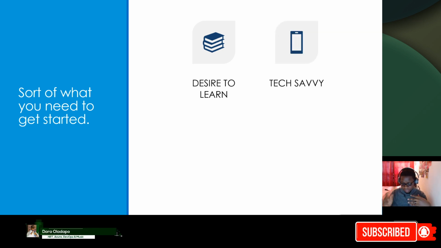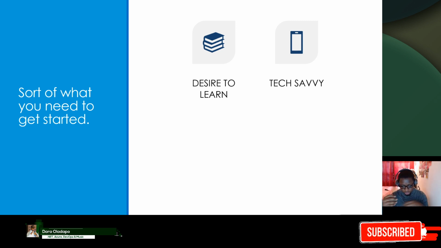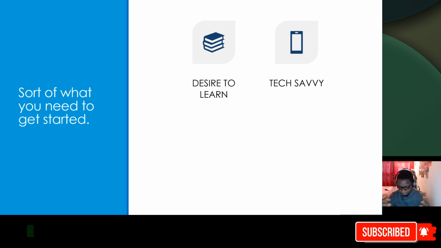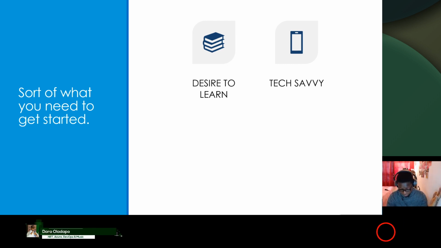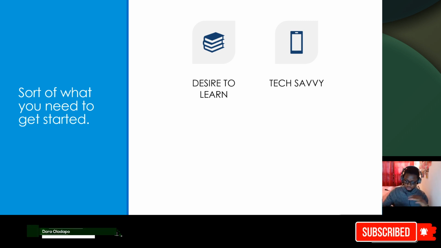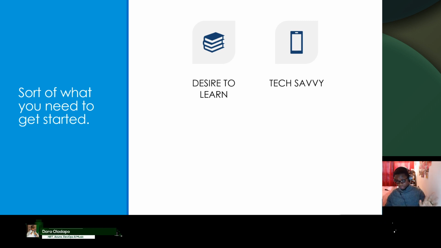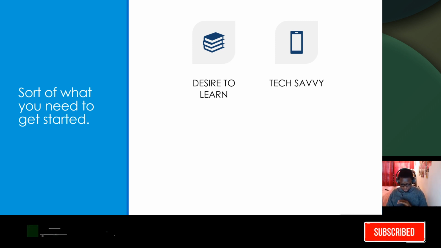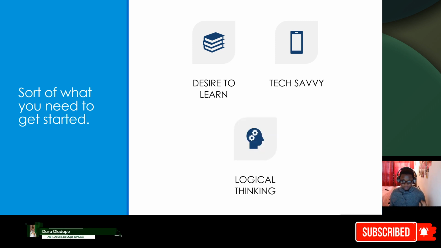And of course, be tech savvy. Now, tech savvy does not mean you have to be like a pro computer person. What I simply mean is that you must be able to boot up your computer, start programs, type stuff, and of course, close programs and shut the computer down. Basically, that's all you need. And of course, you should be able to connect to the internet and look for stuff around. So you should basically just be able to operate the computer. That is all that is needed to be tech savvy, in my opinion. Know how to operate the computer. That's all.